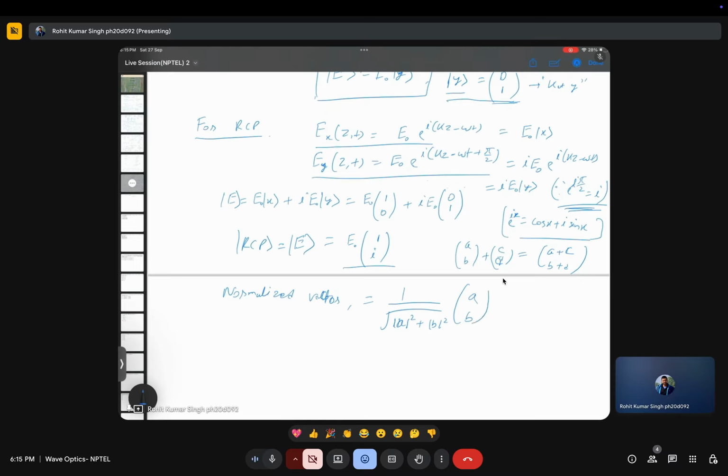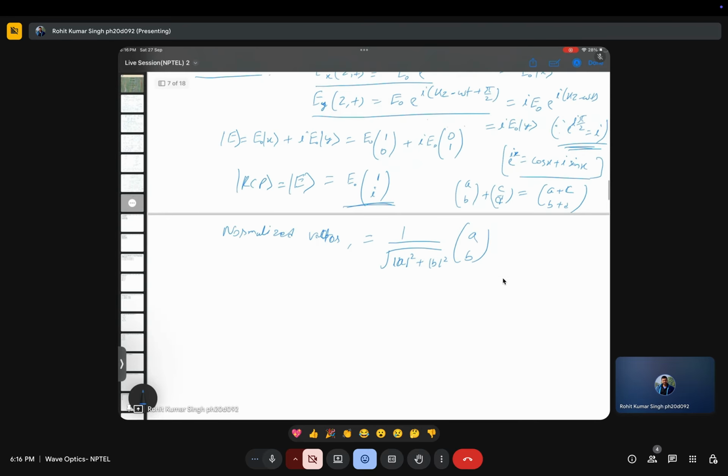Why do we normalize a vector? Basically, normalizing a vector makes the length of the vector equal to 1. Just for our convenience we can normalize this vector also, and after normalization, it will be just